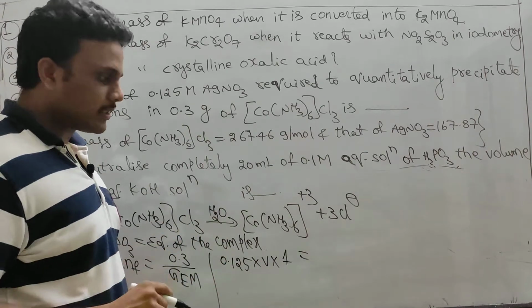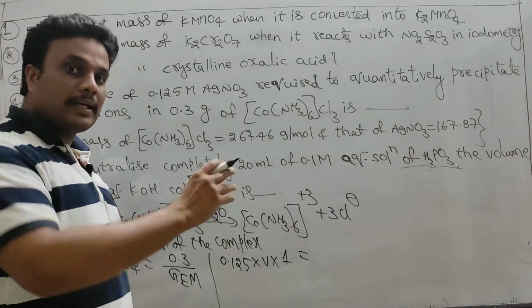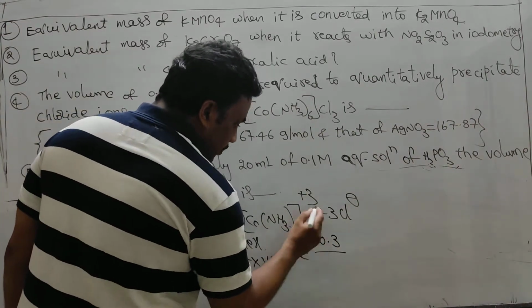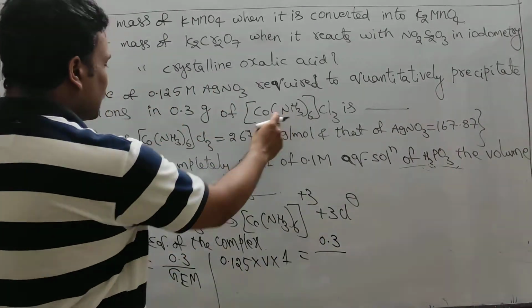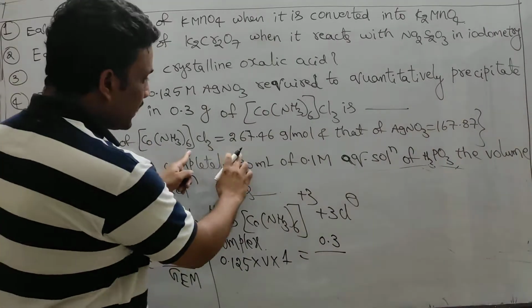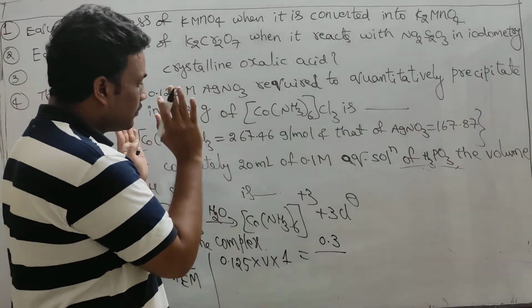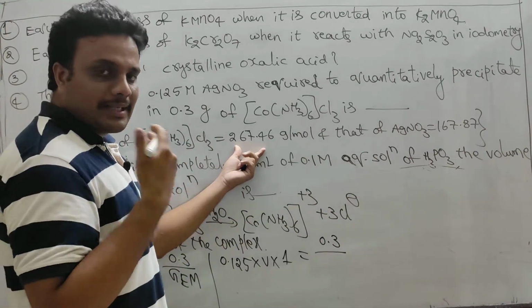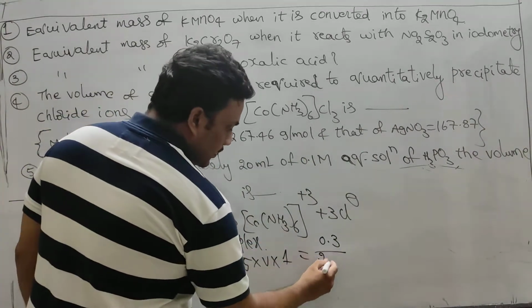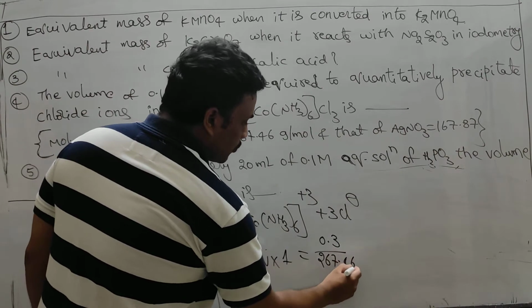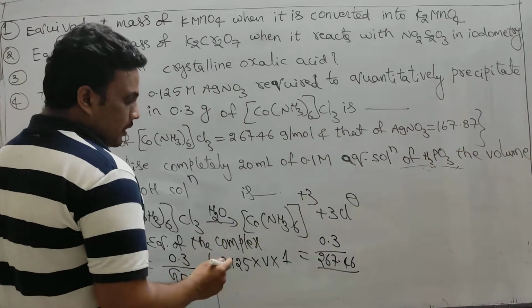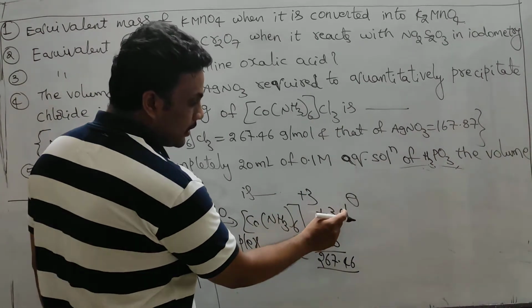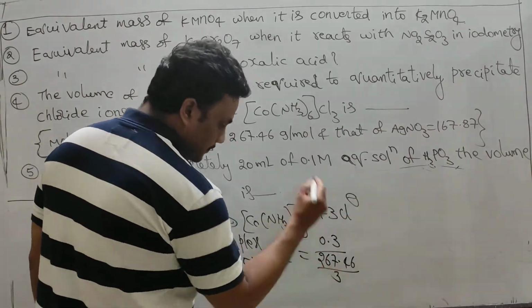Already I taught in the previous class, number of equivalents has various formulae. And 0.3 grams is already given, weight upon gram equivalent mass. Its molecular mass is given in the question. Okay, I have not written this. This is exactly from the JEE Main question paper. This information is given in the paper, that is 267.46 upon what is the N factor now. The N factor of this complex, you see, cation charge is plus 3, anion charge is also 3 into minus 1, minus 3. You take any one.